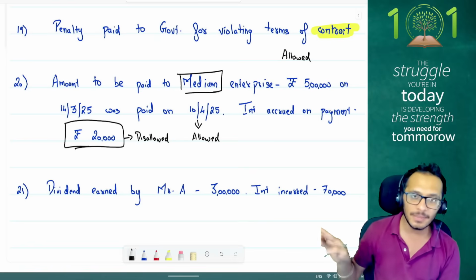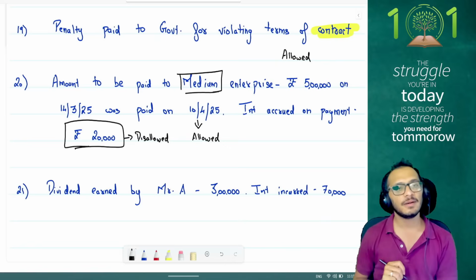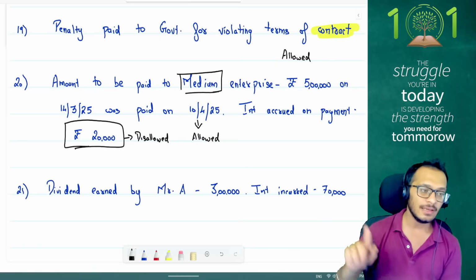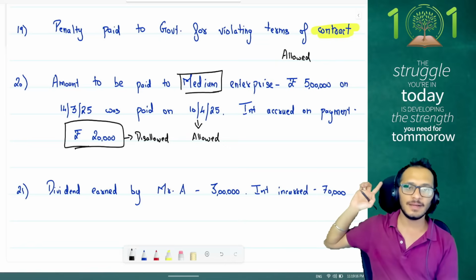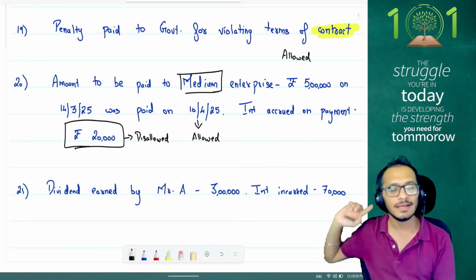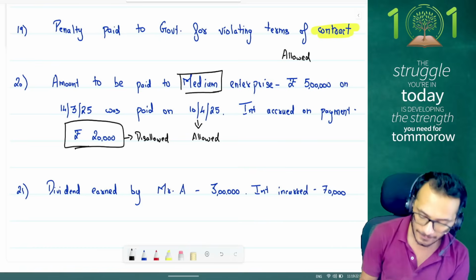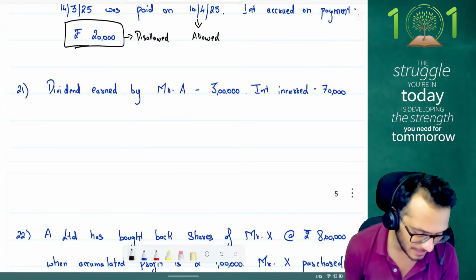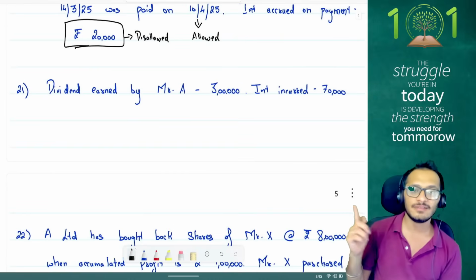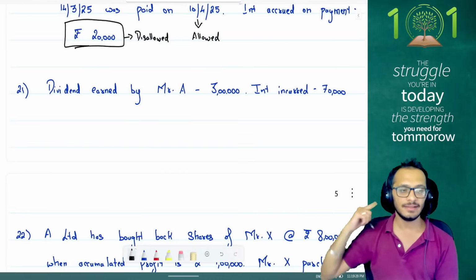When it comes to payments, it is micro and small enterprise. But when it comes to interest, it is all the three. So therefore, because it was medium enterprise, payment got allowed even though it was delayed, but interest got disallowed because that is not permitted. Clear? Section 21, where in IFOS, people, IFOS dividend earned is 3 lakh rupees, interest incurred is